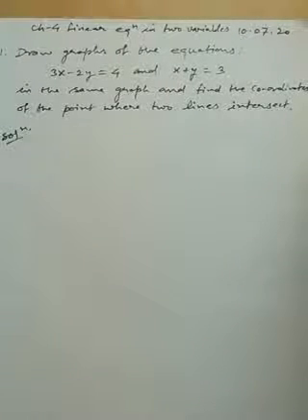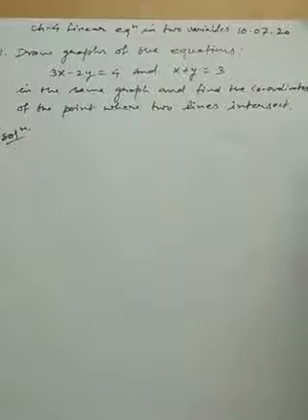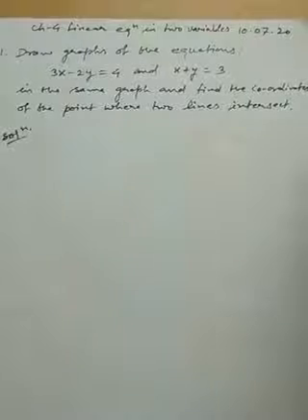In the same graph, we should draw the graph of these linear equations on the same graph paper and find the coordinates of the point where the two lines intersect. The graph of a linear equation is a straight line, and both the straight lines intersect in a single point, and find the coordinates of this point.